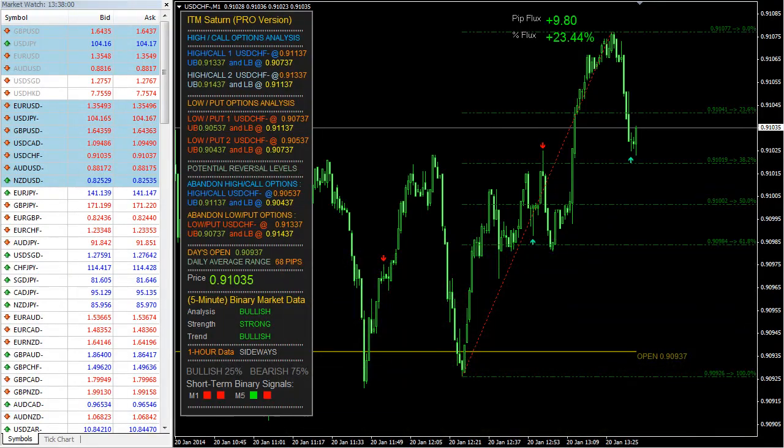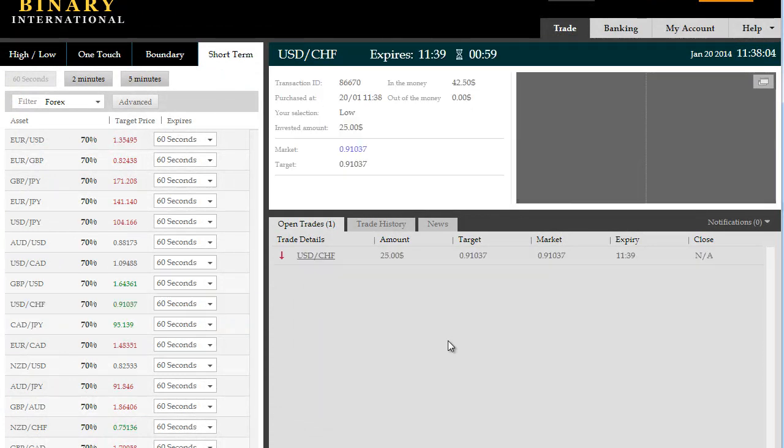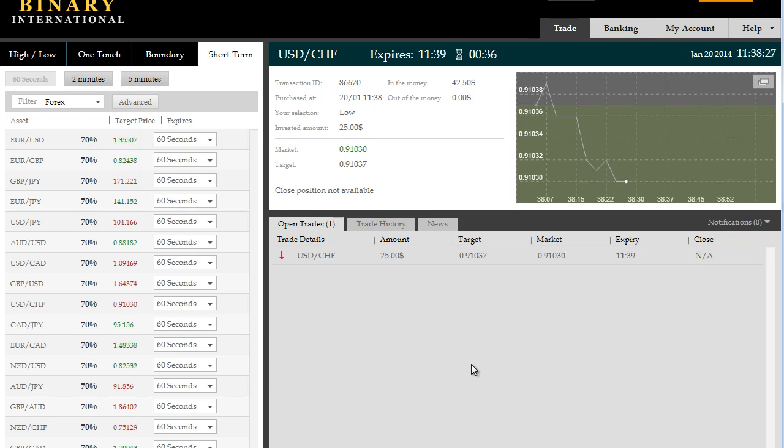of $25. What you need to look out for is the probabilities, and we're now going to take a short trade. So going ahead with this, don't worry about charts fluctuating up and down. That is the nature of 60-second trading. They do fluctuate. Wait for the end result, and in this case, we're currently in the money. We'll be switching back and forth between the screen and the trading platform here at Binary International, just to show you what's going on on the charts with Saturn Pro and how trades are panning out as we're taking them